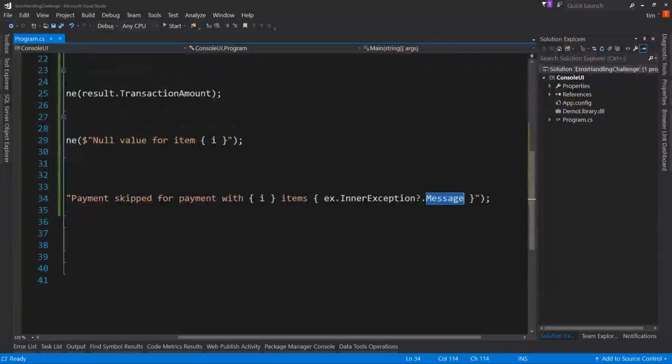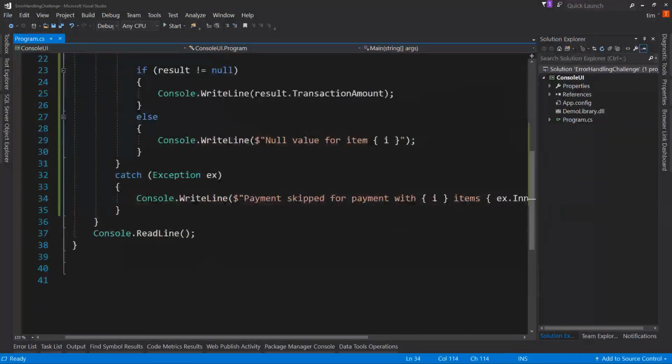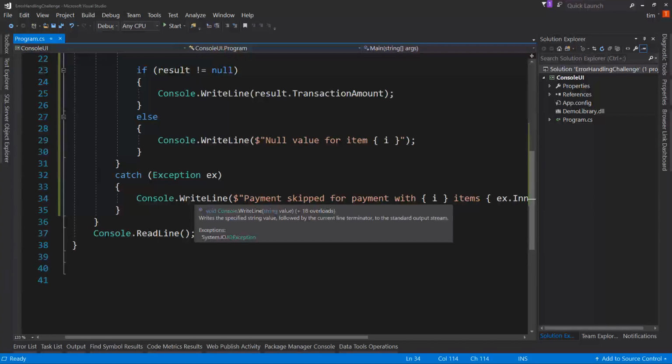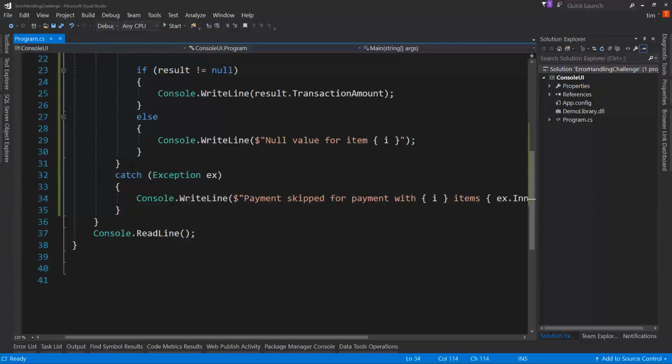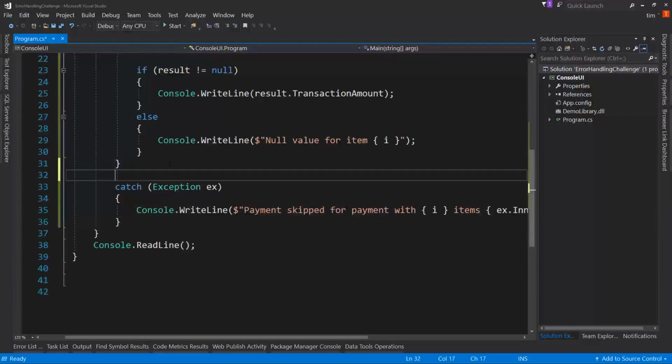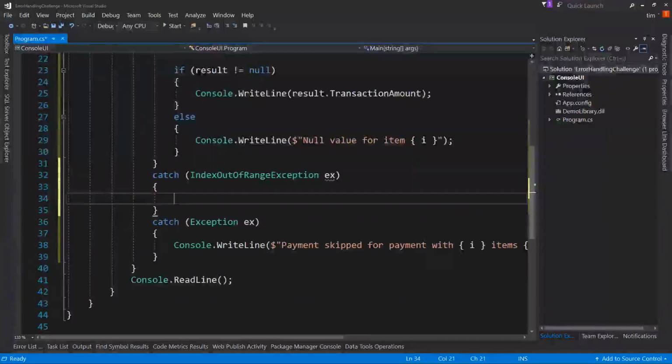Okay. Now, that captures all the exceptions, but we don't want to do that. So let's start off with catching the index out of range. So another catch. And we'll say index out of range exception. We can give it the same name. So now we can say our console write line, and the index out of range message is skipped invalid record. And we'll do that same